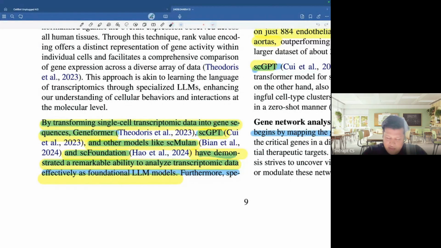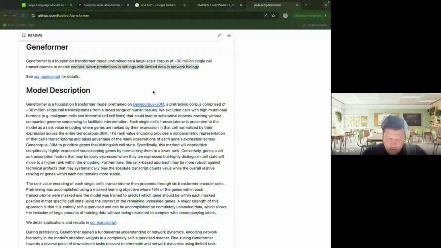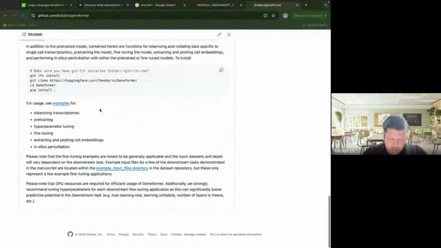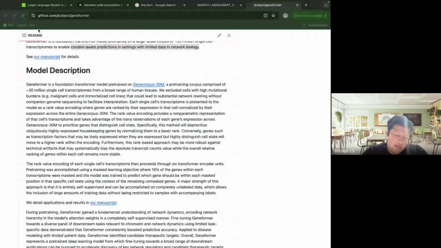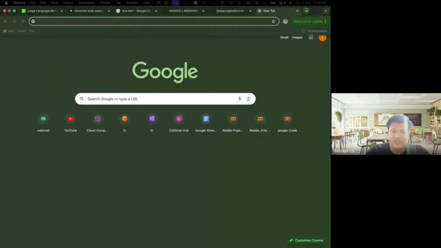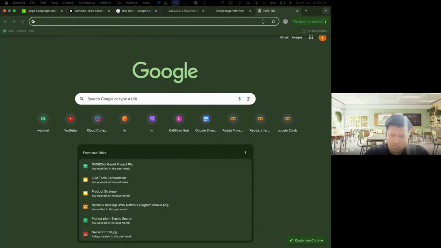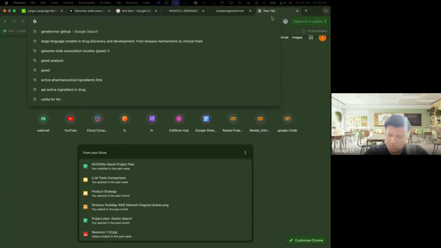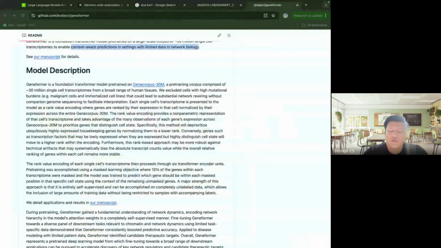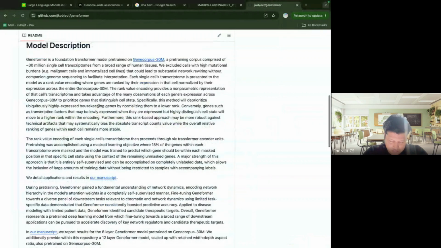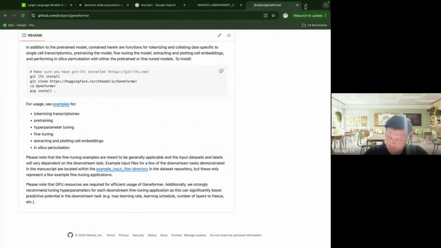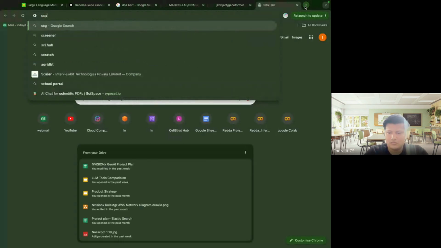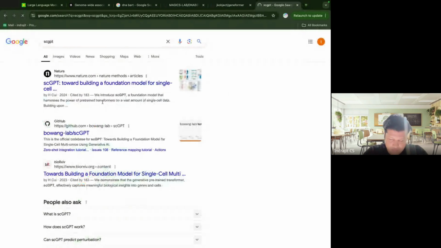If you look at some of these papers, like Geneformer, you would be able to see the benchmarks associated with them and how good these models are doing. For example, scGPT. One second. I don't know if I can type it here, but that's fine. Yeah, so if you look at scGPT,